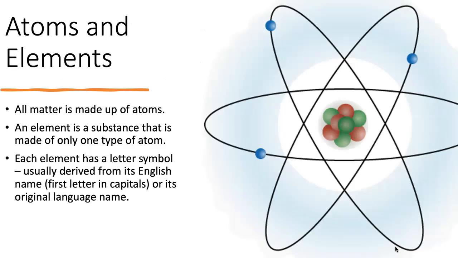So, all matter is made of atoms. An element is a substance that is only made of one type of atom. So here's our lithium again, although it's actually incorrect, because there's 4 green and 4 red in there, but only 3 blue. So I should have chosen that diagram. I just noticed it then. I should have 4 blue electrons. So it should be beryllium. Anyway,